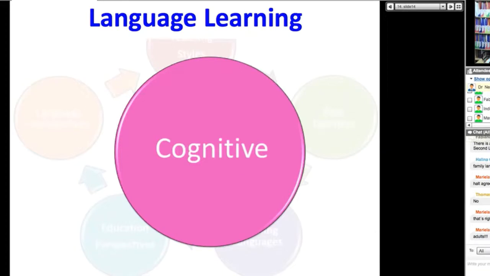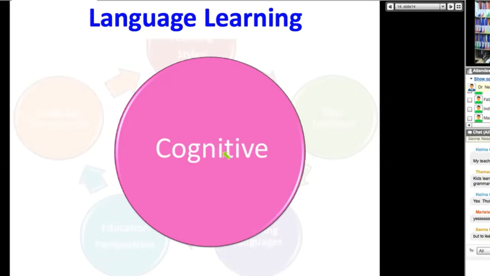And of course, the cognitive theory. Cognition means knowledge. Okay, so it's based on change in knowledge. If you are 0 today, and if you learn something, you become 1. Now you know 1. You are nothing, and then you learn something. So the change is in your knowledge. The question is, what do you do with your knowledge? Okay, next time I'm going to talk about constructivism and connectivism and other approaches to language learning. But cognition means that you know something. And grammar is cognition. If you know grammar rules in a foreign language, that means that you know. The question is, what do you do with it?